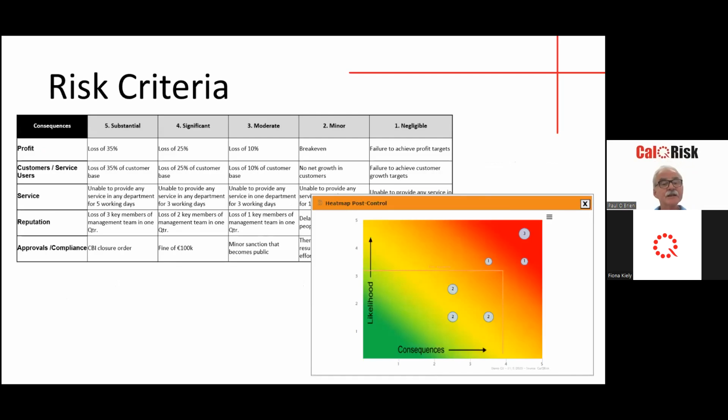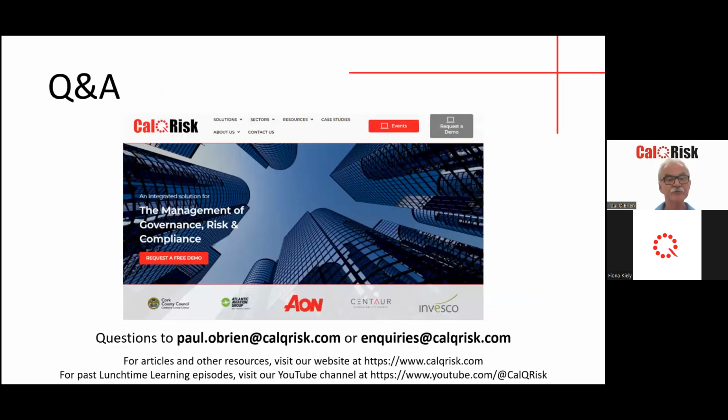Now, that could be informal, that they don't actually write it down, but it's very useful when it is written down. Finally, what I've done here, and I'm very conscious of time, is I've just put up a set of typical risk criteria and a small heat map that shows you where the consequence line and the likelihood line are. And I'm going to move to questions and answers. And if anybody's got any questions, I might have the answers.